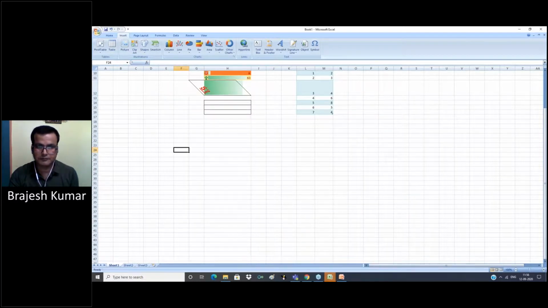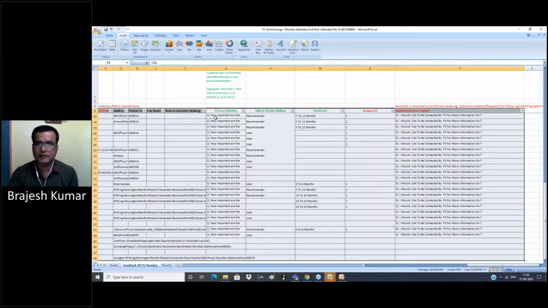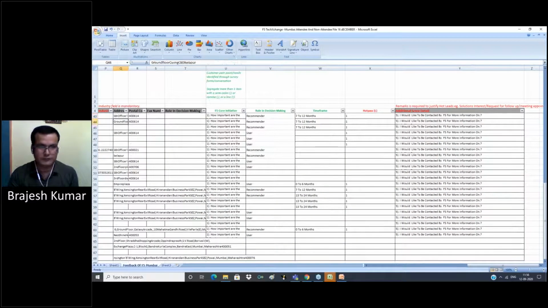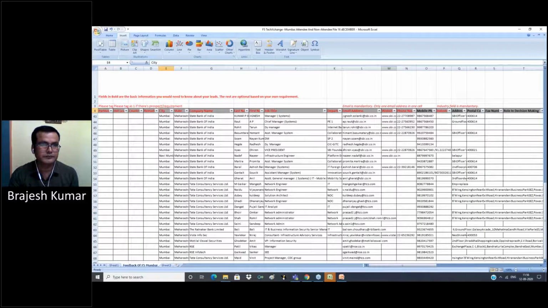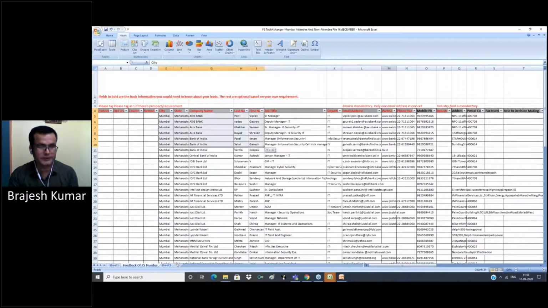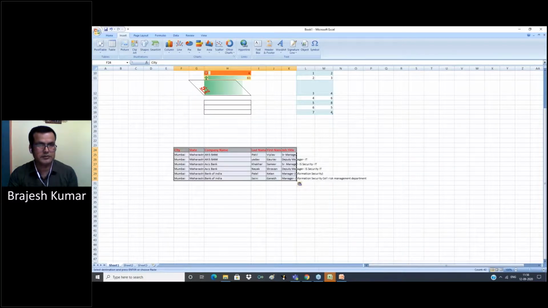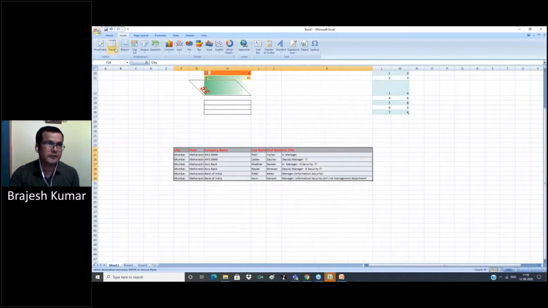So let me paste, copy some data from here. Now we use the table option to convert this data into a table.